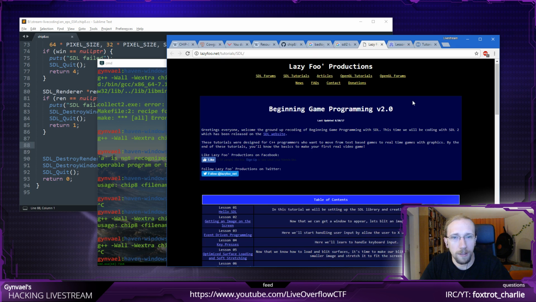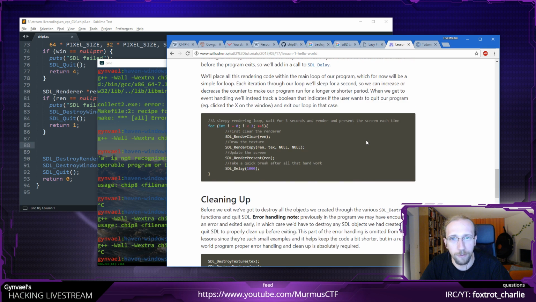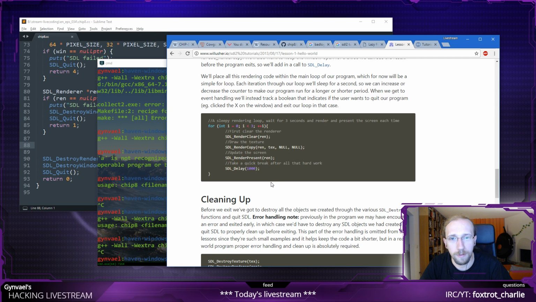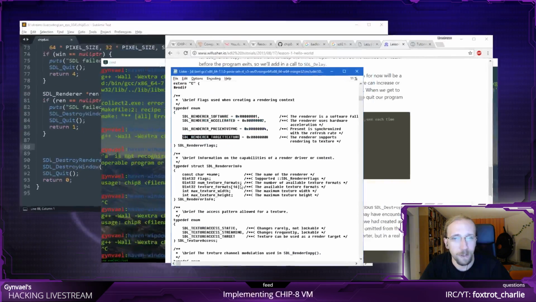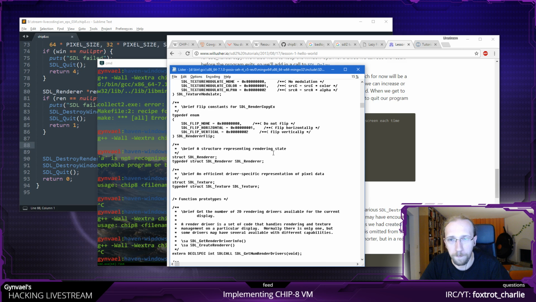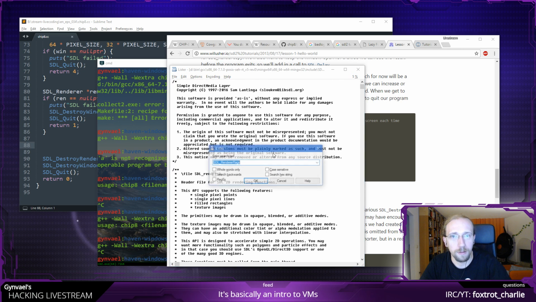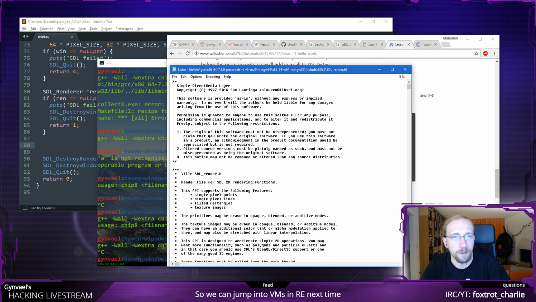Let's continue. I want the frame buffer. How do I get the frame buffer? They probably won't tell me how I get the frame buffer, right? Because they just do render clear, render copy, render present. Okay. If they won't tell me, I'm going to find out for myself. What am I looking at?